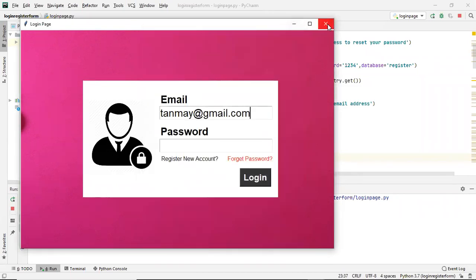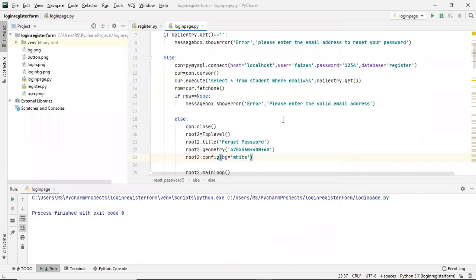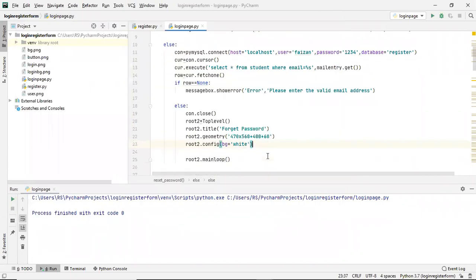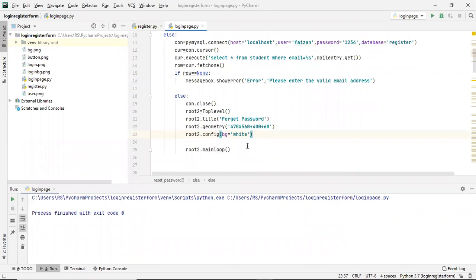Next, I'll focus on this window. If you see right now, the focus is not on that particular window. So how can I get the focus there?